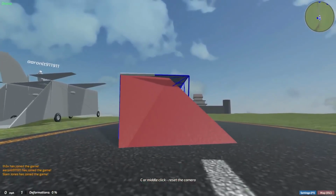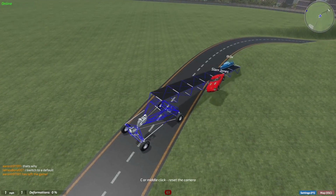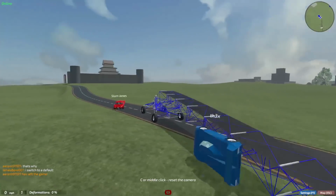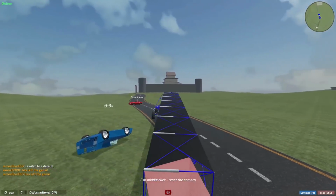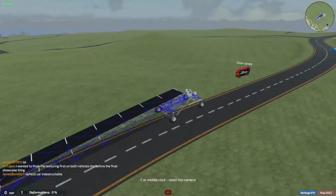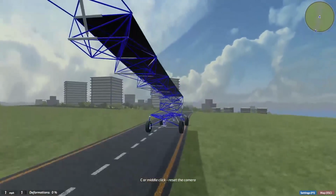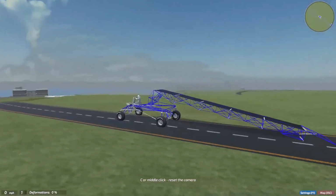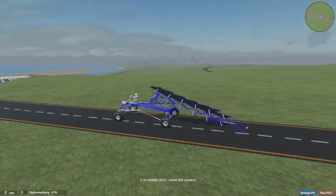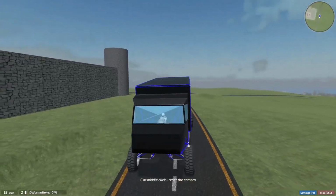And if I have a couple guys drive on the platform, it seems to lift them up and they seem to be able to jump off of it. Now I don't have the angle set that well, so it's pretty flat, so they don't get that much air. But at least the proof of concept works that cars are able to drive on this. So finally what I did is added in a little bit of a retracting ramp like this, that I'm able to extend out. And after doing that, I just basically retextured everything and made it kind of look like a truck. And now I can drive it around, and if I stop it,